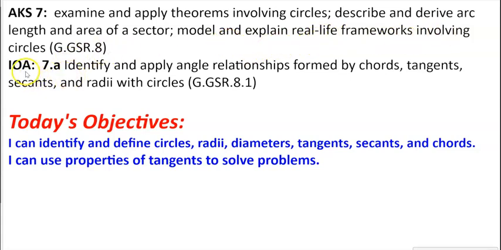So today we're actually into IOA 7A, which is identify and apply angle relationships formed by chords, tangents, secants, and radii within the circle. And radii is multiple radius. Our objectives today are that by the end of the lesson, you're going to be able to say, I can identify and define circles, radii, tangents, secants, and chords, and I can use the properties of tangents to solve